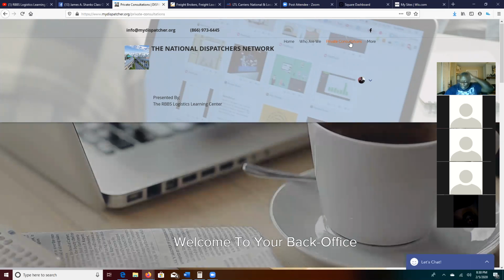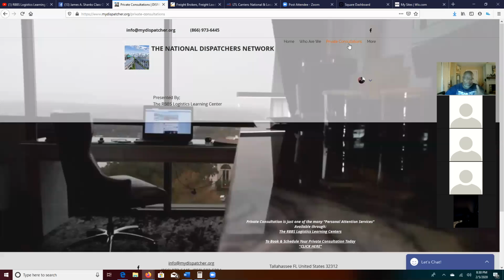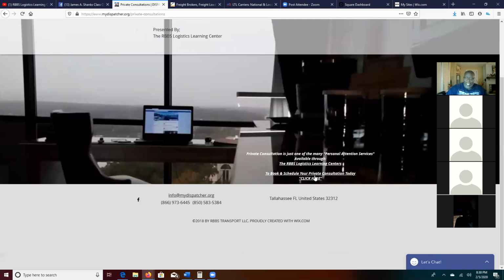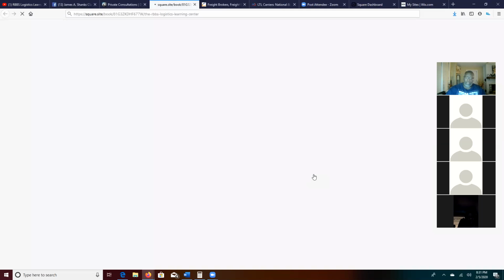Now, here's what you gotta remember. If you're doing this on your phone, you're trying to do this with your finger, you may be clicking here, but you're really clicking way down here. It's your thumb or whatever it is, right? So you see how I put it over the actual click here, and there's nothing going on because you're down too far, right? But if you nudge it up just a little bit, bam, there you go. You can click it and it takes you right over to the private consultation site.